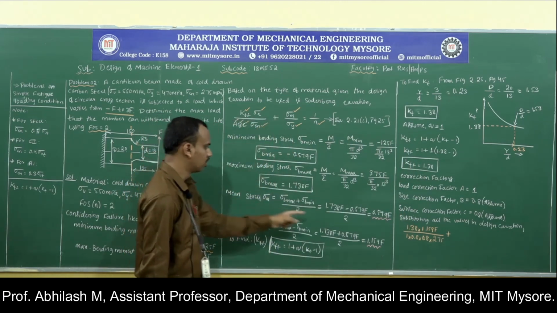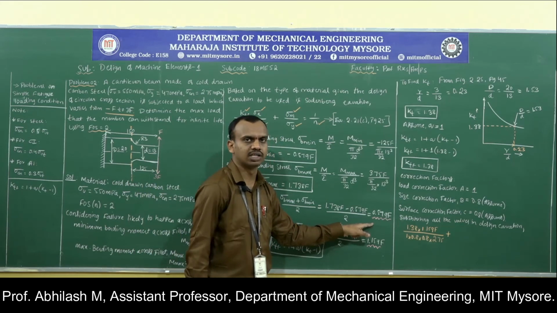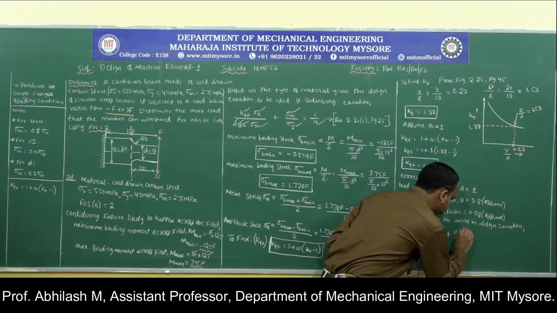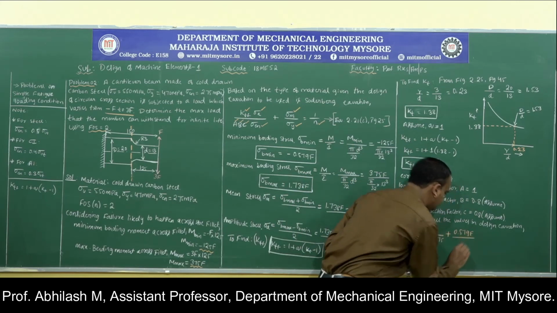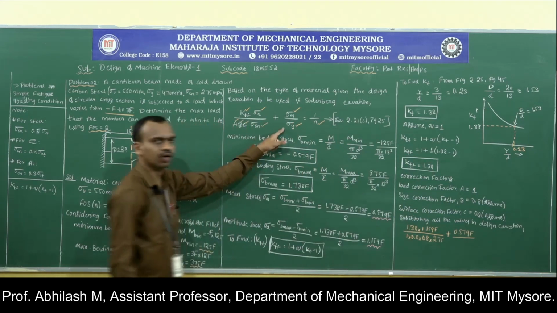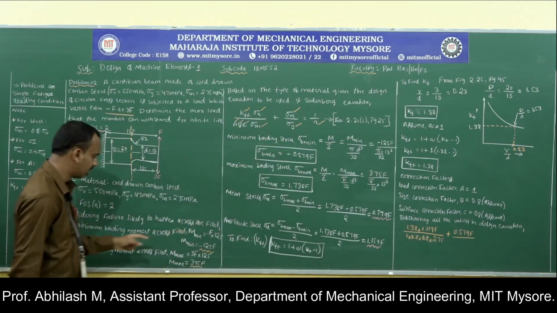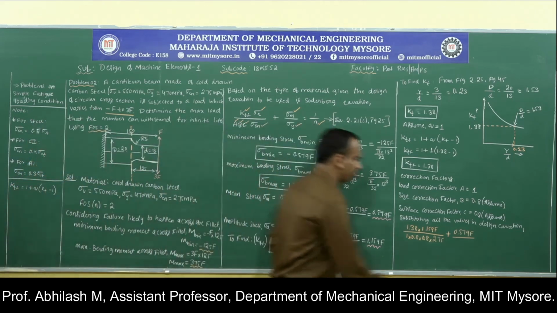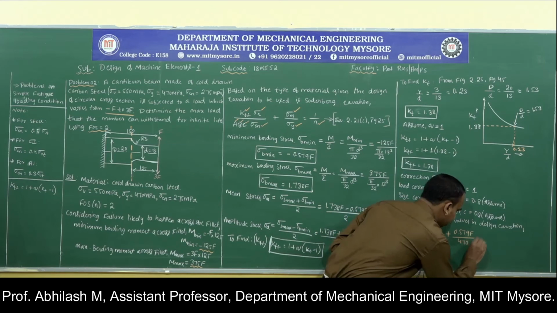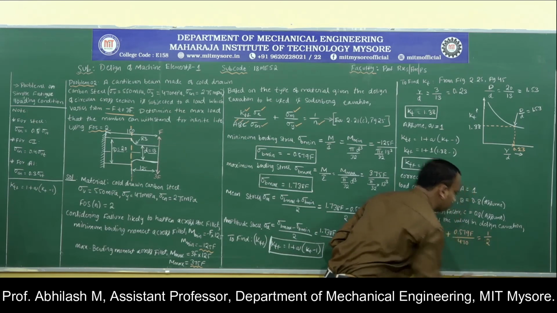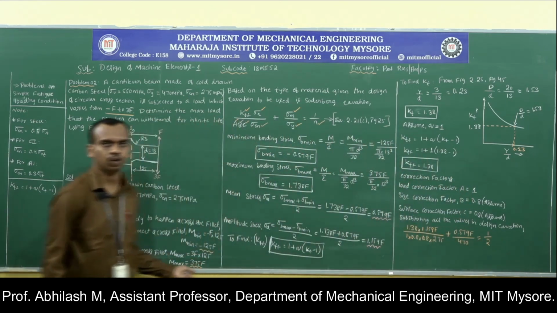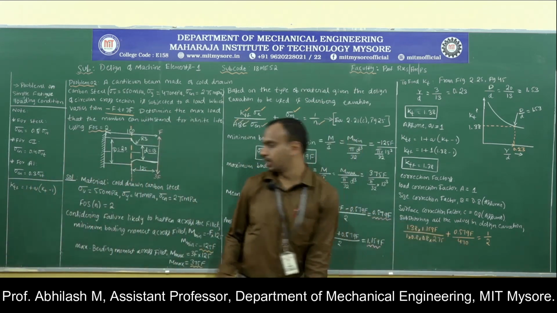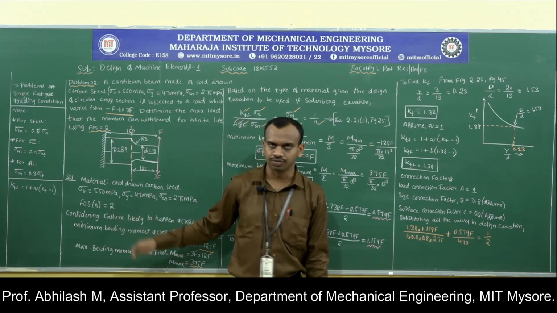What is the mean stress value? The mean stress value we have calculated is 0.579 F, divided by sigma y value. Sigma y value has been given in the problem, which is 470 megapascal, equals 1 divided by n. What is that n? N value is 2, that has been given in the problem. That is the factor of safety.